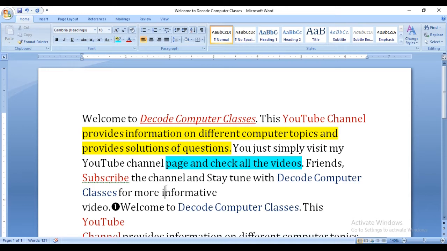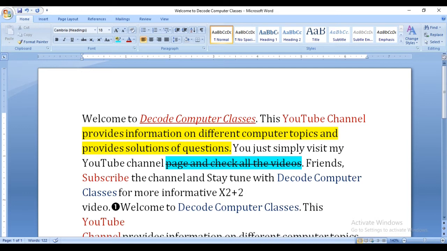So like this, and if I make a line over the text, this is strikethrough, like this you can apply. Okay, and suppose in mathematics you always write formulas. Suppose x square plus 2.